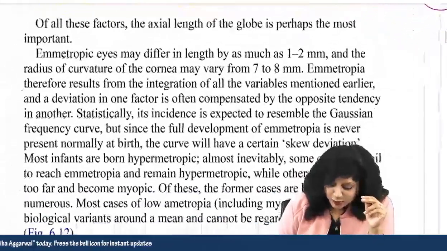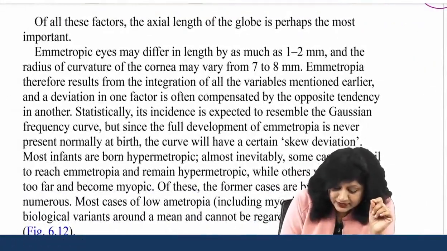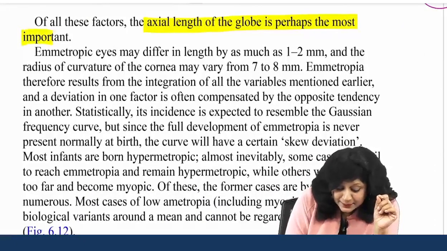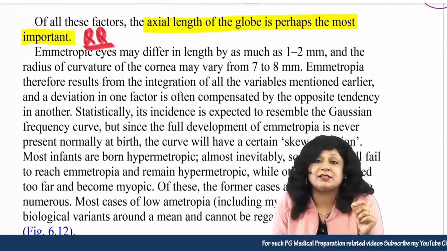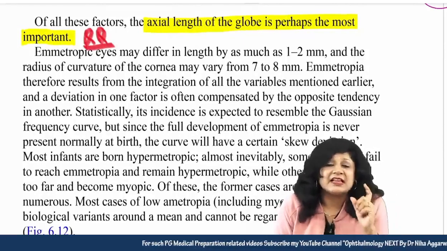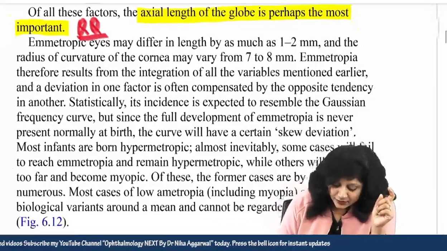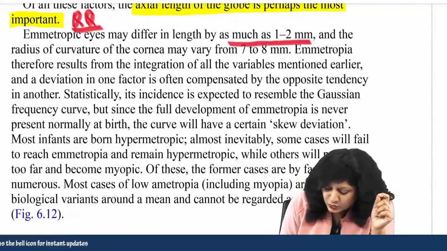Now of all these factors, this is an important point, they are telling you that the axial length of the globe is perhaps the most important. Now I don't know what is the meaning of perhaps, but Parsons is saying that axial length is the most important factor for determining the refractive status. Okay. Now emmetropic eyes may differ in the length as much as